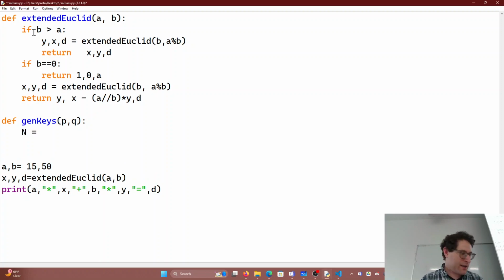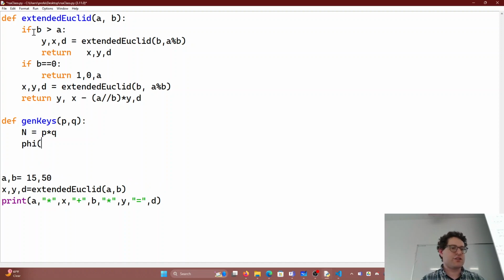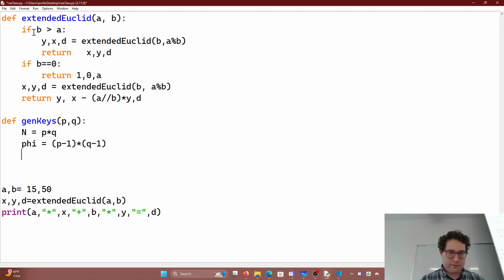Following the algorithm, N is equal to P times Q. We now generate the totient of N, which is what we call phi. That's the symbol we use, so I'm going to call it phi, which is P minus 1 times Q minus 1. Now we need to generate our public key and private key, and that is done by